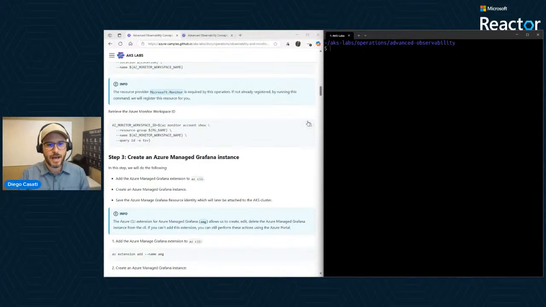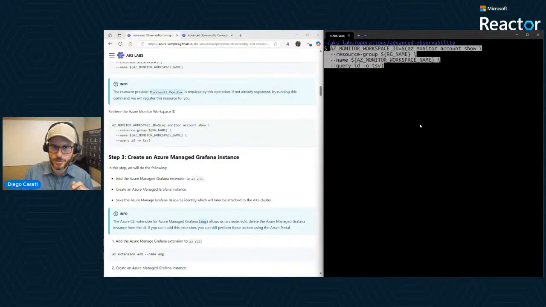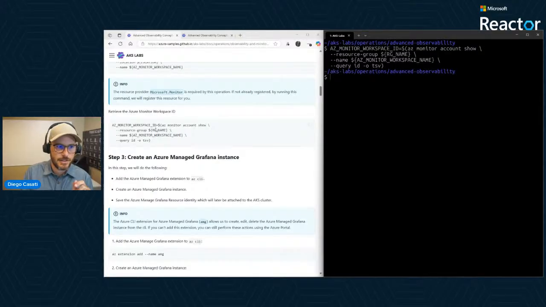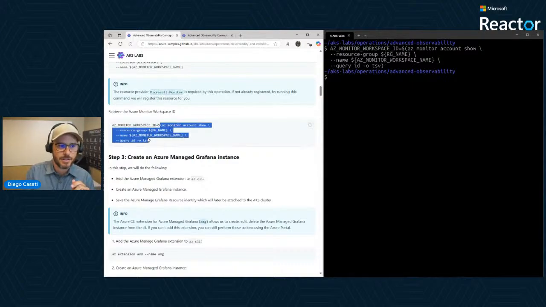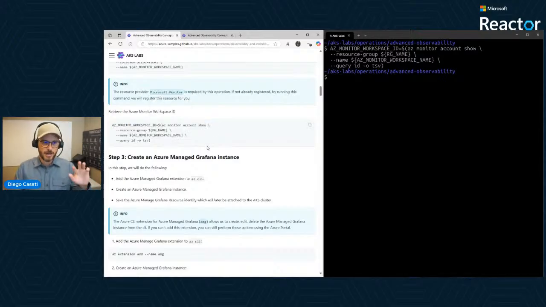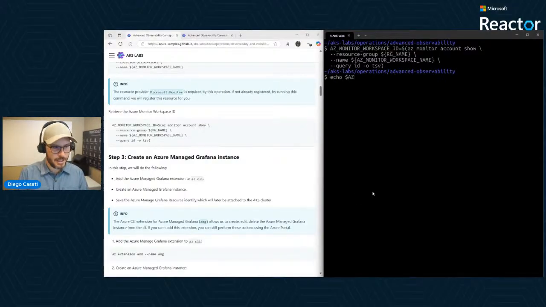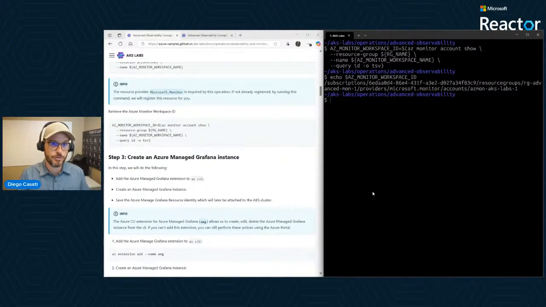The other thing that we have to do now, we need to get the Azure Monitor Workspace ID, which is this command right here, which in essence, does a couple of things. I mean, this is a variable in Bash. We're getting that populated by this second command that runs in a subshell. The $ and parentheses will essentially fork a child, run a bash command in there, and then get the output, and then put that in the AZ monitor workspace variable, which we can check right now live. Doing an echo of the AZ monitor workspace ID, and that should be populated. That's a way for you to know that you're on the right track.